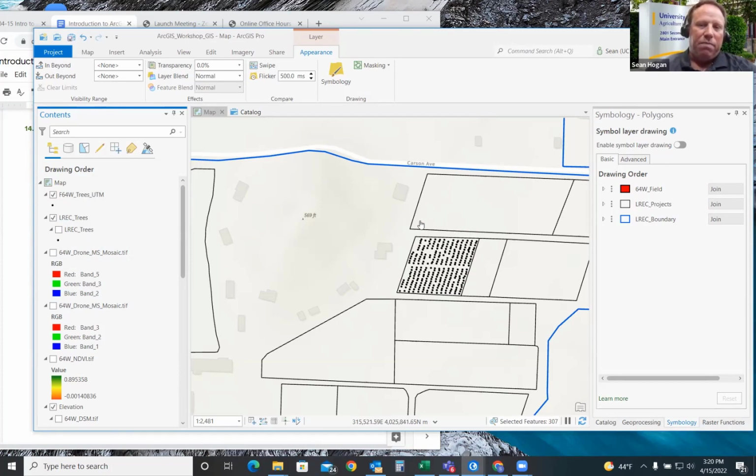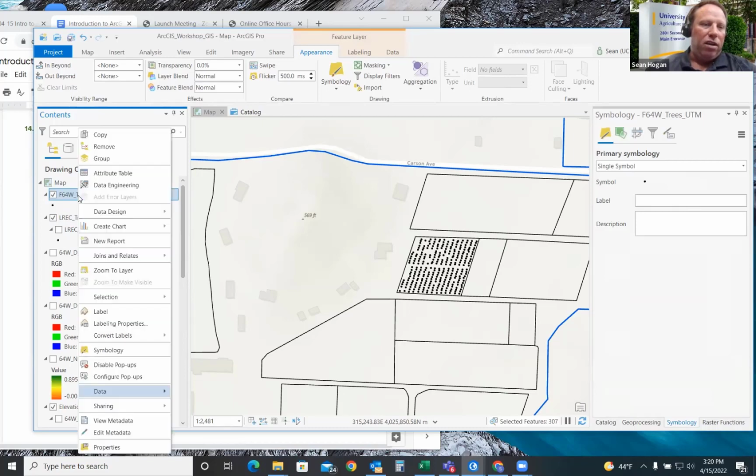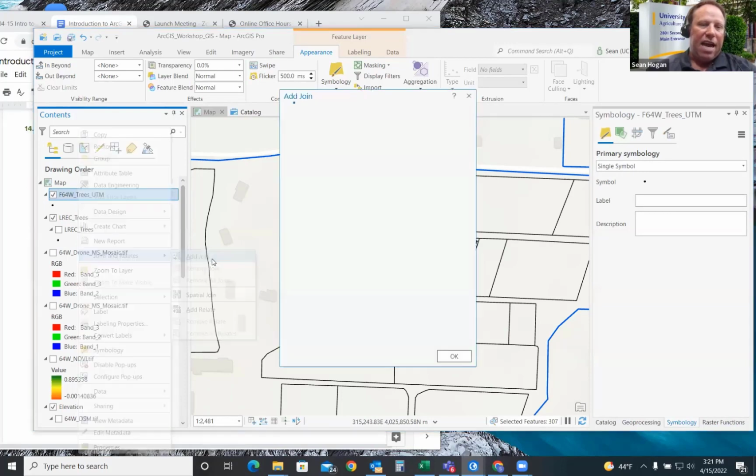Because the next step is going to combine this tree layer that we just created with the Pacline data that we're going to use for its symbology. So the way that we do that, if everybody's got here and they have just their trees that they've selected by its attributes and then exported, it's now in UTM. Right click on that. We're going to go down to joins and relates. That's about halfway down. Right click on the new tree layer you made, go to joins and relates and click add join.